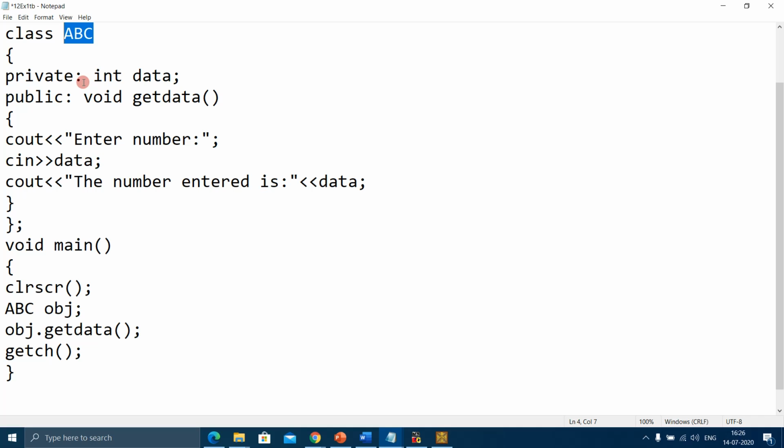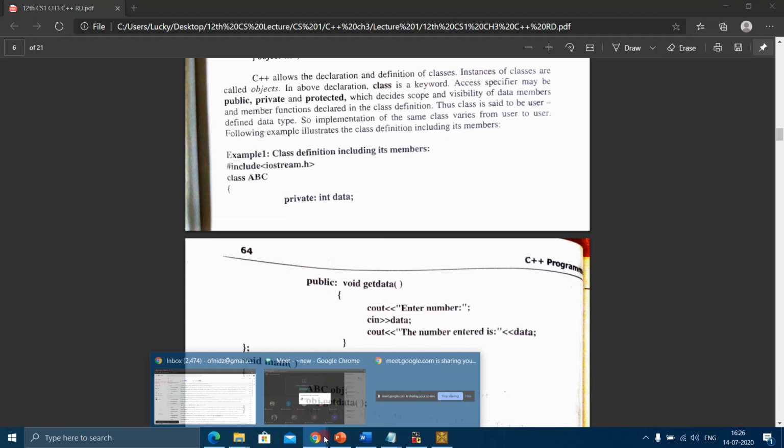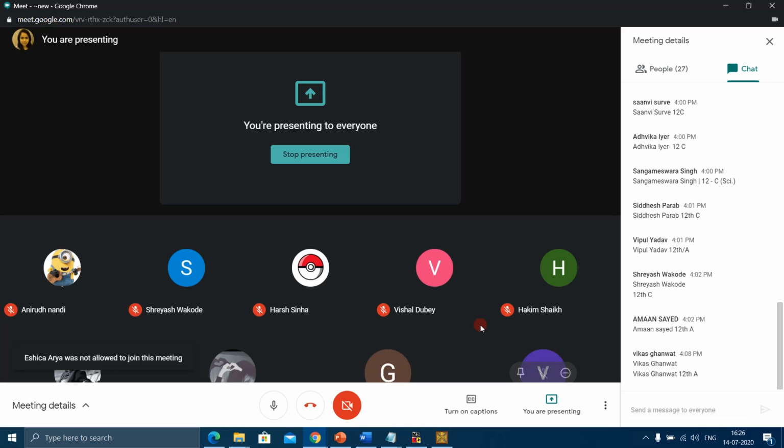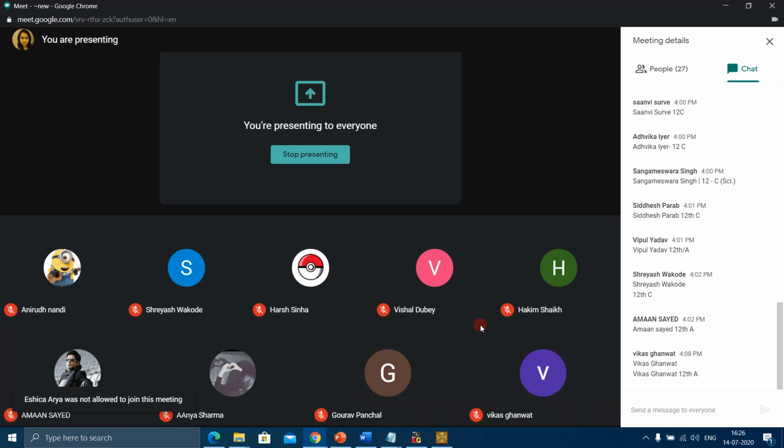We had discussed access specifiers in 11th standard also, if you remember. What are the access specifiers? Can anyone tell me? Another term for access specifier is access modifier.